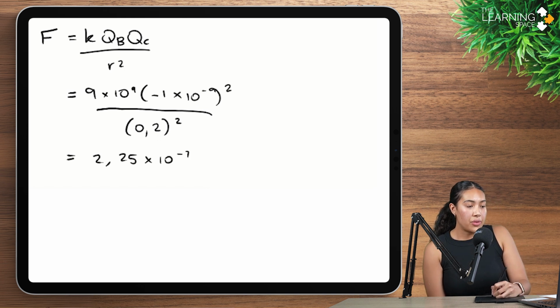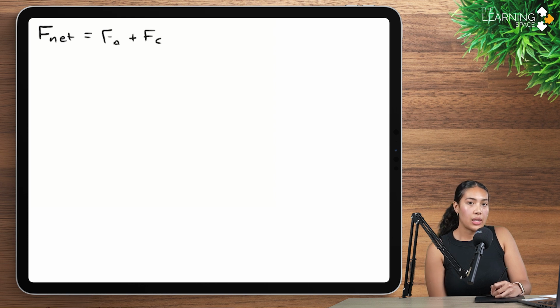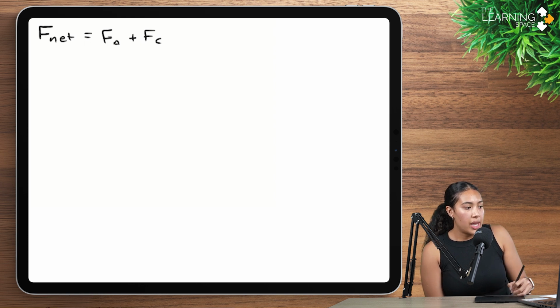Then in terms of calculating our net force, that's just going to be the force of A plus the force of C. But remember, they're acting in different directions, so we need to choose a positive direction. For this case, because I know the force is going to be to the right, because A is larger than C, I'm just going to choose right as my positive direction, right? So then I'm going to have